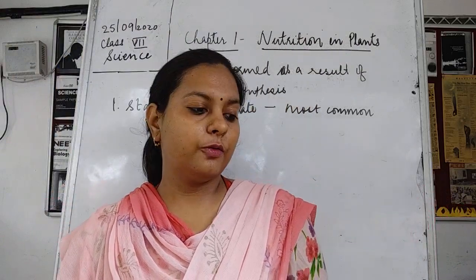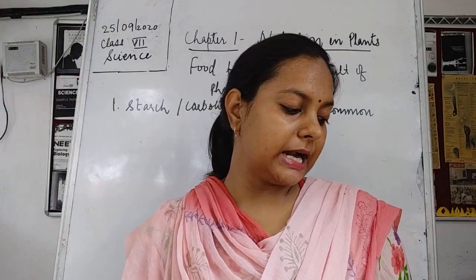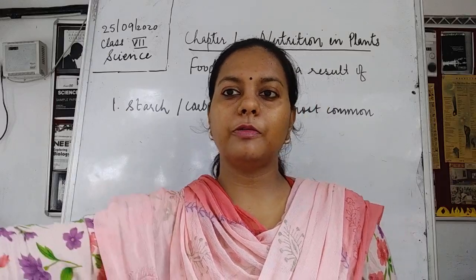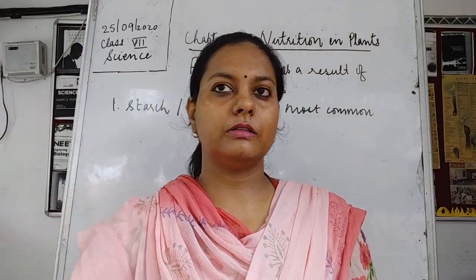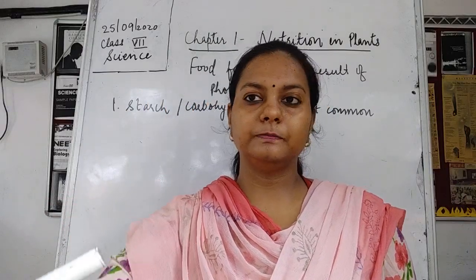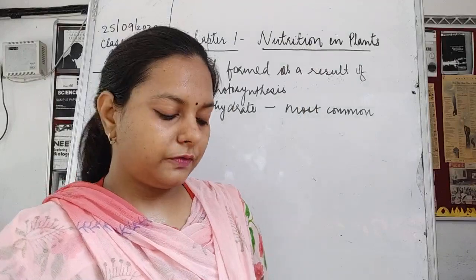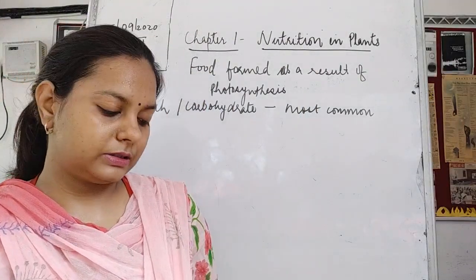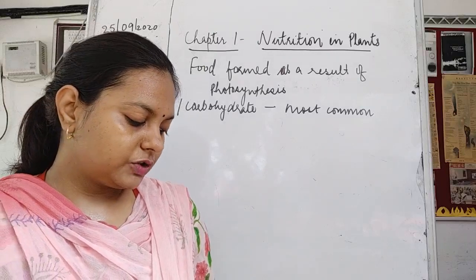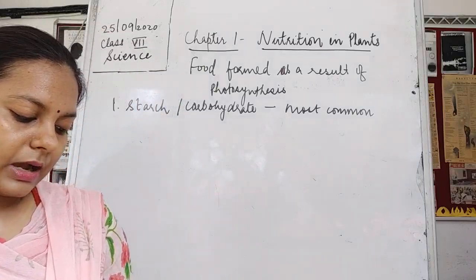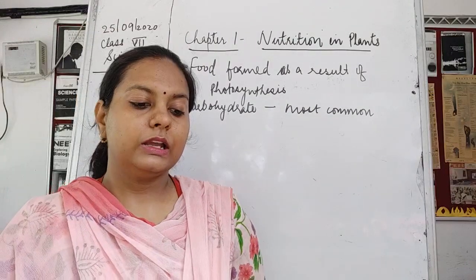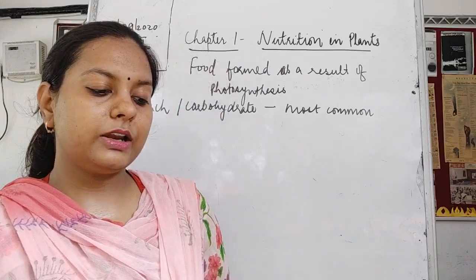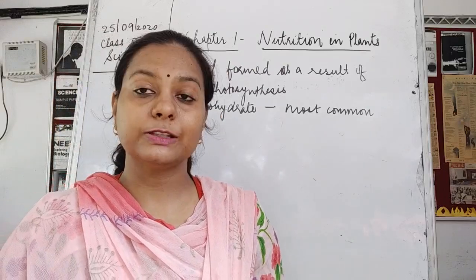The first food which is present over here, you have just learned, is that plants synthesize carbohydrates through the process of photosynthesis. After that carbohydrate, certain other food products are also obtained. The carbohydrates are made of carbon, hydrogen and oxygen. These are used to synthesize other components of food such as proteins and fats.